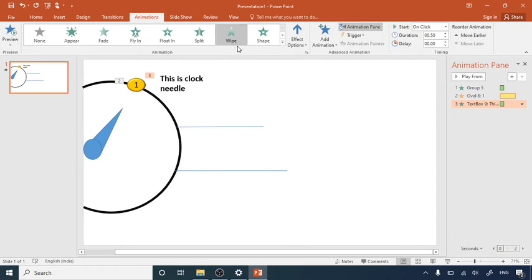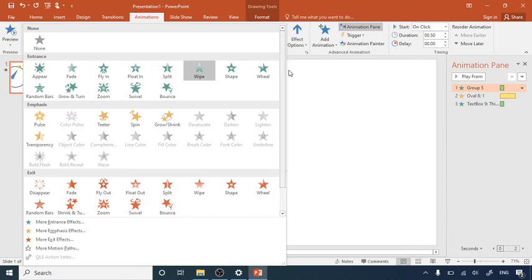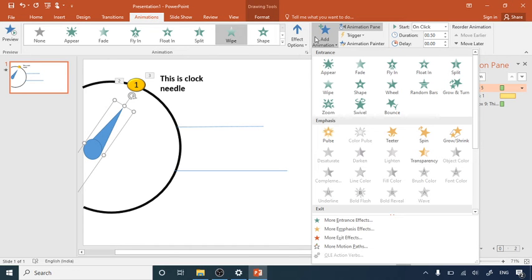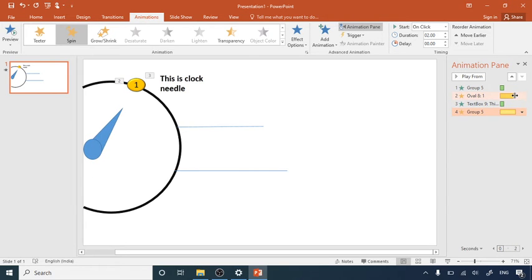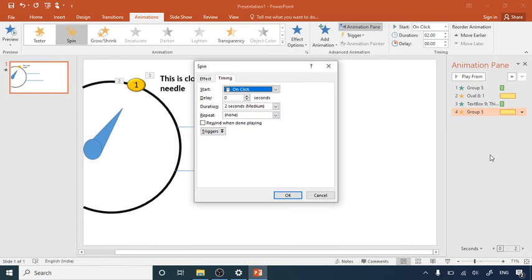After that, choose this needle again, and then go to Add Animation, and here you have to go for a Spin. See, it will spin like this, but after that it has to spin at a proper angle, so at the Spin drop down you click here and then go for Timing.